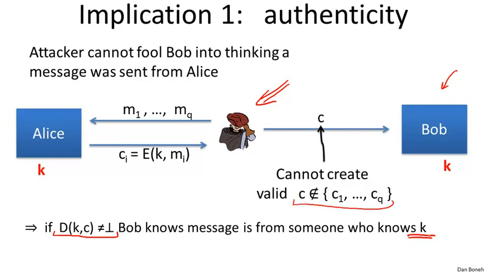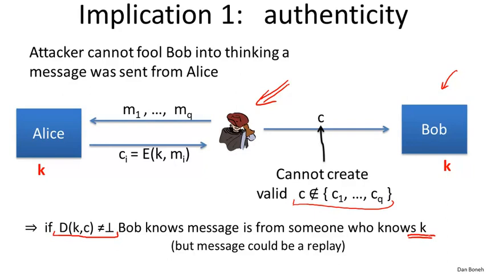Now, the only caveat to that is that authenticated encryption doesn't defend against replay attacks. In particular, the attacker could have intercepted some ciphertext from Alice to Bob and could have replayed it, and both ciphertexts would look valid to Bob. So for example, Alice might send a message to Bob saying, transfer $100 to Charlie. Then Charlie could replay that ciphertext, and as a result, Bob would transfer another $100 to Charlie.